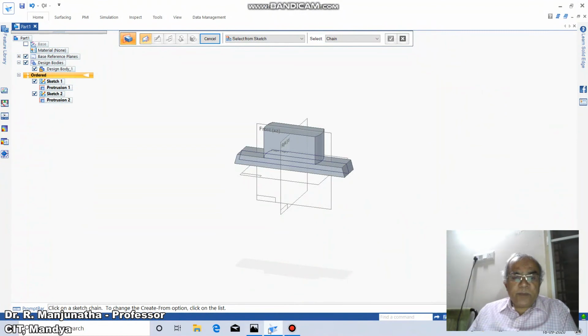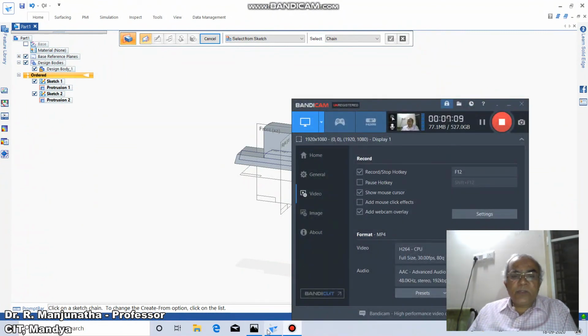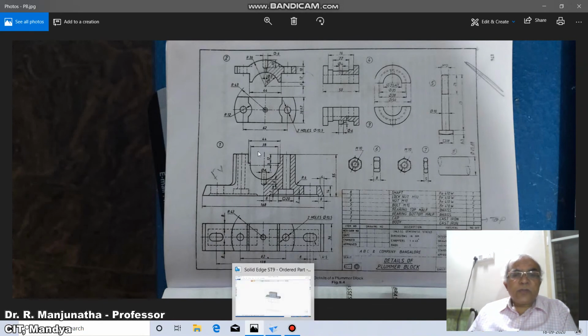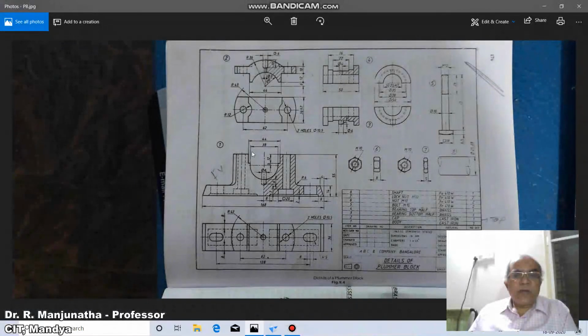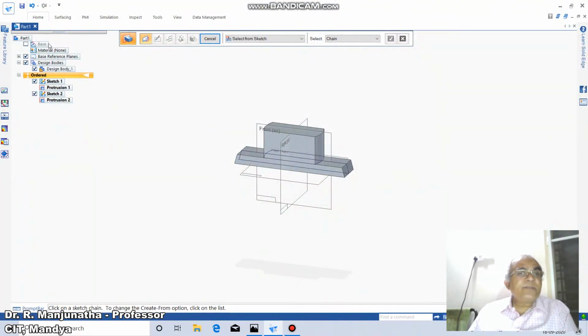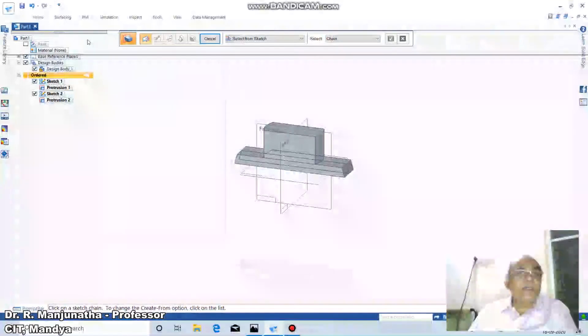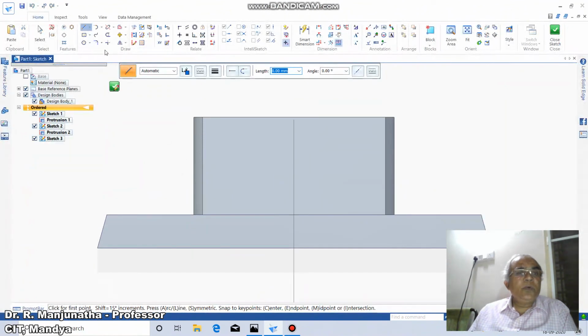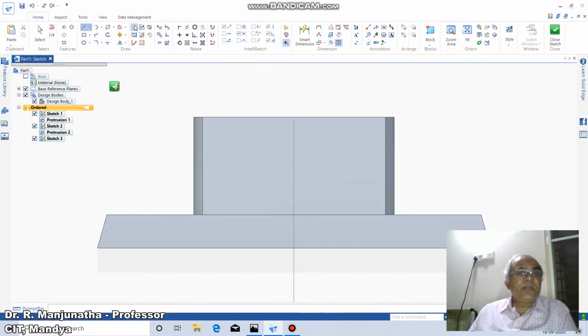Now the next part is I need to create this portion. To create this portion, first I will take up this, which is 44 by 12. You have the 44 by 12, and then we will see now. So go to home, click on sketch, click on this front plane, okay. Then go to include, that is project from sketch, okay. You take this line and also this vertical line.